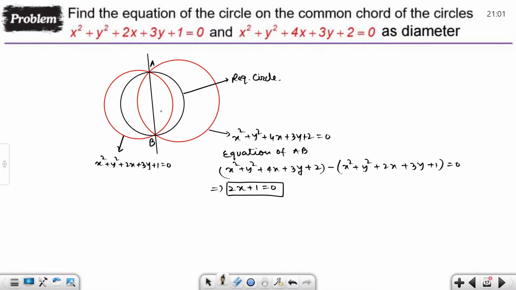Now any circle, listen very carefully, any circle which is passing through, let us say, this circle and this common chord. Any circle which is passing through this first circle, this one, and the common chord is given by, this is all about family of circles. In this case, I am using this. So this is the equation of all the family of circles passing through the points A and B. Now, if I simplify this into the general form we are getting,